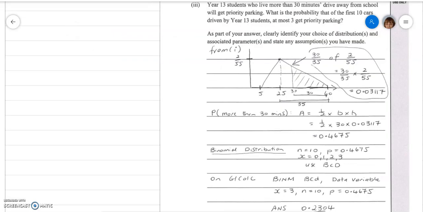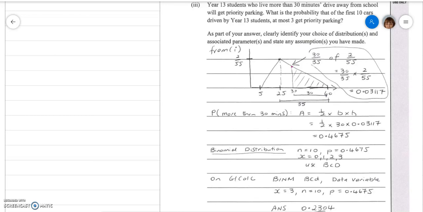Year 13 students who live more than 30 minutes drive away get priority parking. What's the probability that of the first 10 cars driven by Year 13 students, at most 3 get priority parking? Let's deal with the first part of this. We need to find out the probability of being more than 30 minutes drive away from school. So what we're interested in is this small triangle here, 30 up to 60. To find the height of the triangle,